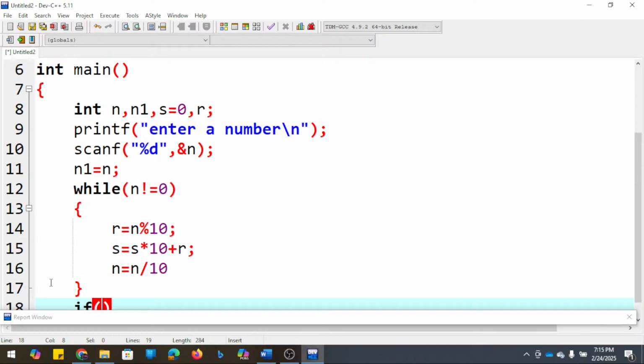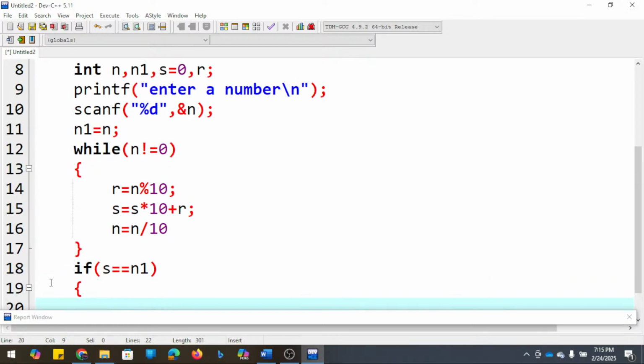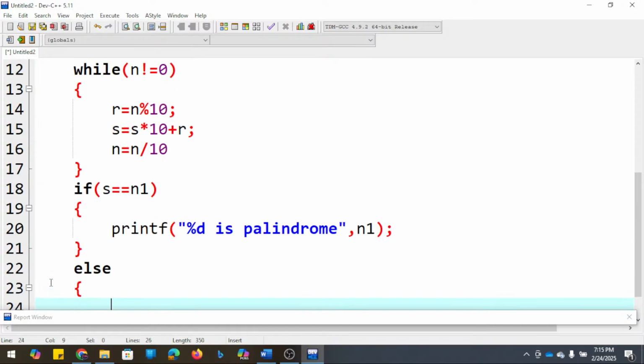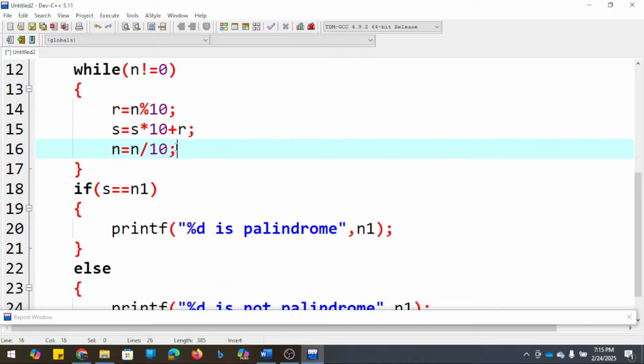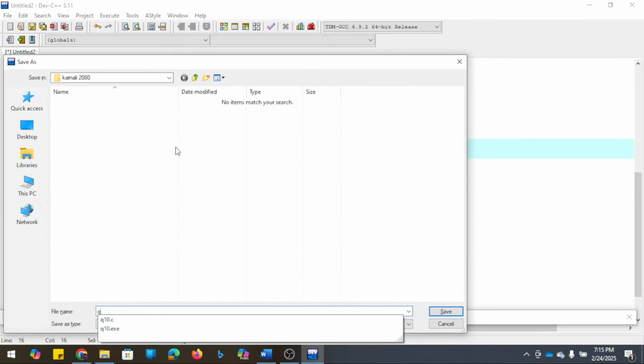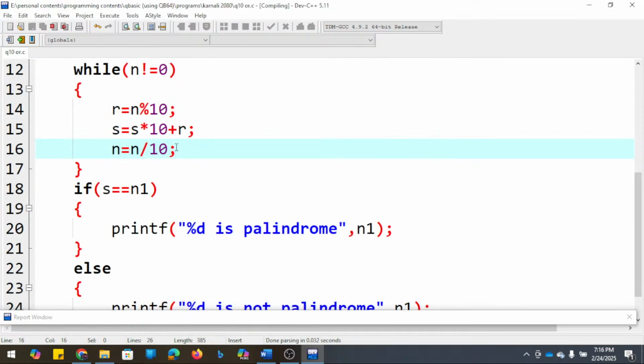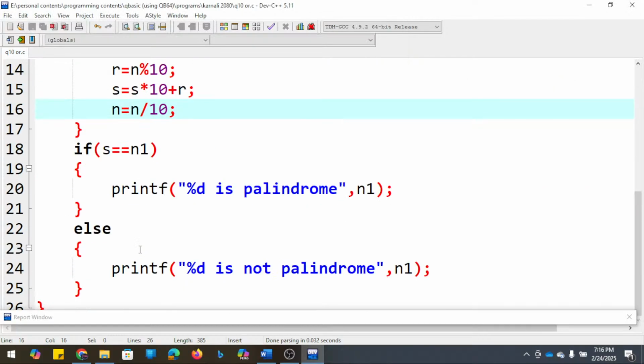If, let's save it. It is again displaying the same characters here, so let's run it online.